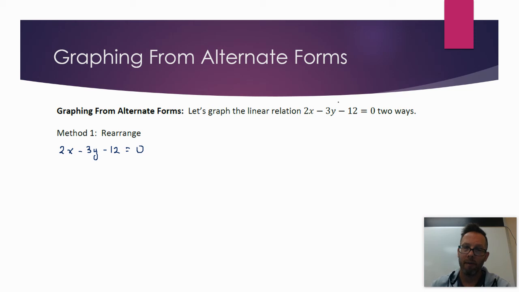So ultimately, we want to get y equals mx plus b. So we need to get that y by itself. Right now, we have a couple terms that aren't y stuff. We have a 2x and negative 12. So we're going to use opposite operations. I would add 12 to both sides and subtract 2x from both sides. Now, you can visualize it